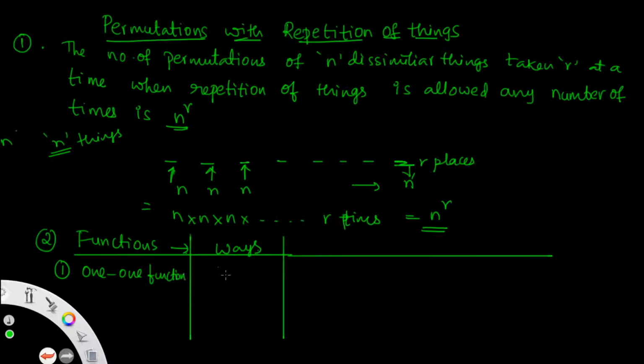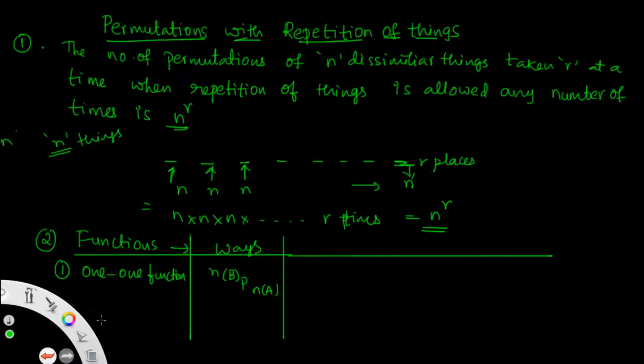So a one-one function is possible if the condition is number of B is greater than or equal to number of A. Then only the one-one function will be possible. So here the number of one-one functions can be done in number of ways: nPr with n being number of B and r being number of A. A and B are two sets. Number of B is nothing but the number of elements in B, and number of A is the number of elements in A. So how many one-one functions can be done: the arrangement is number of B P number of A.